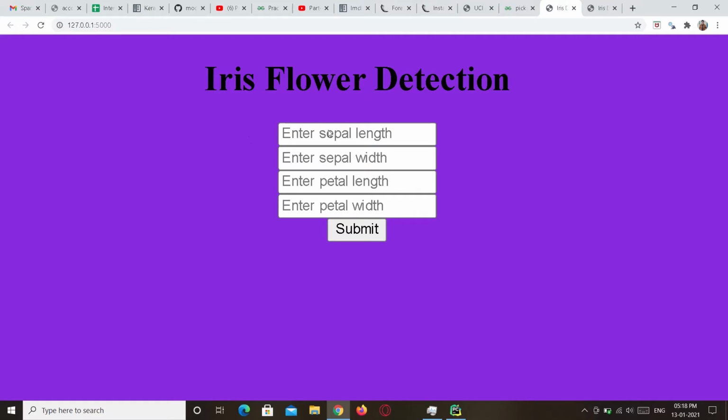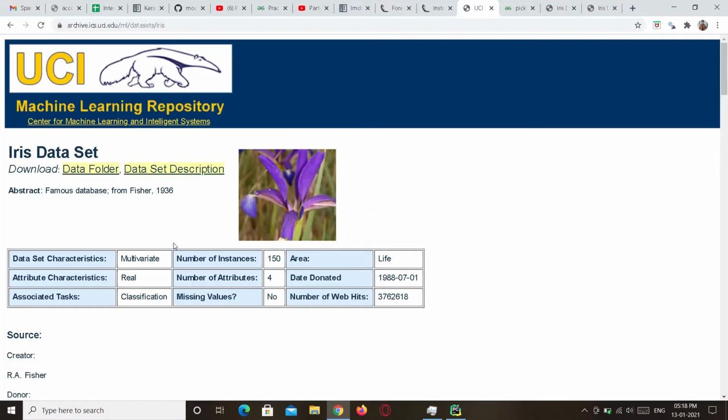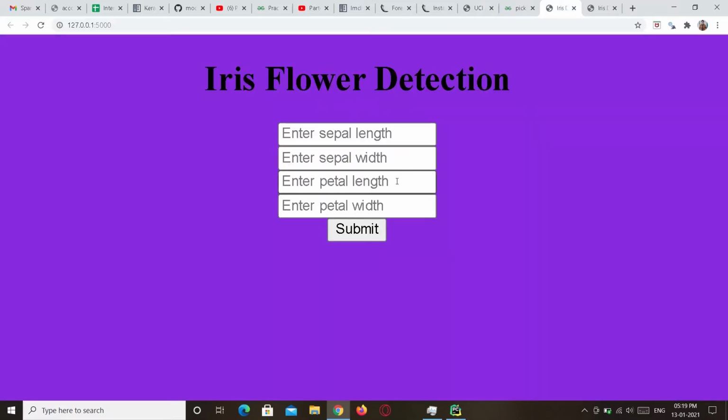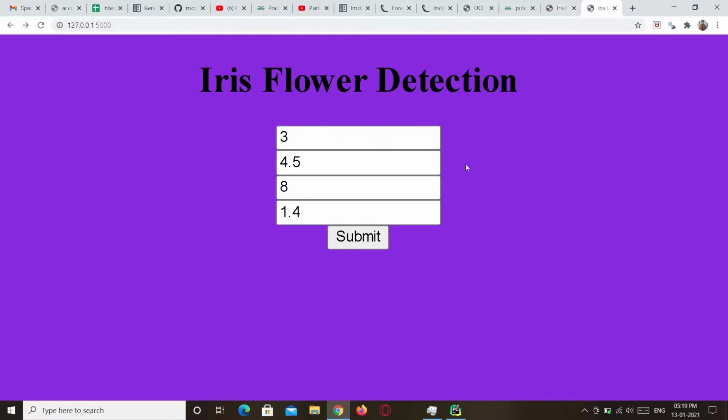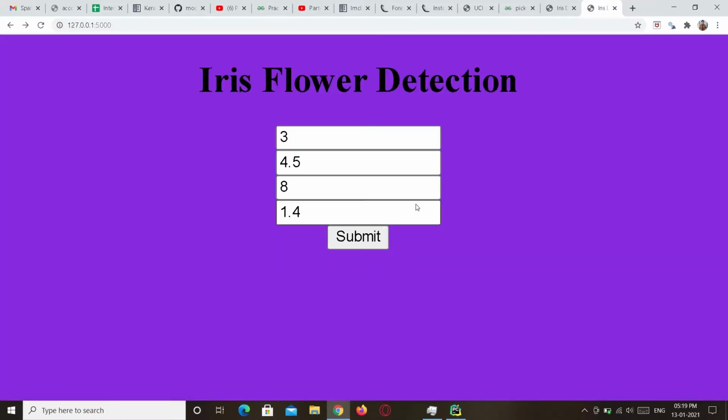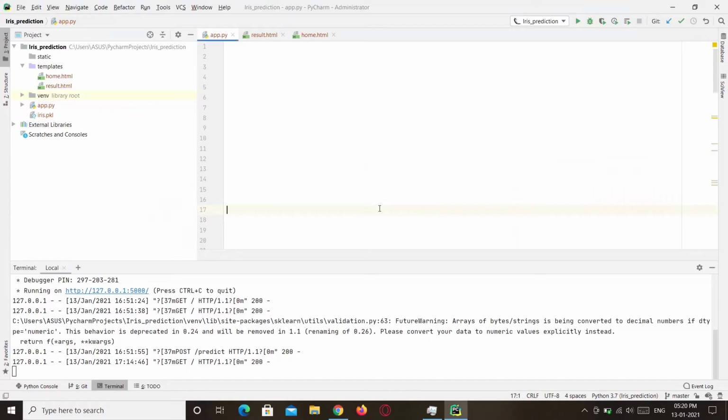In this video, we'll be using the Iris Flower dataset to demonstrate the basics of Flask. The Iris dataset can be seen here. It has 4 input values, the sepal length, sepal width, petal length and petal width, and the output is basically 3 classes. We'll be taking these input values from the user, and when the model is trained, we'll get the following output. Now let's see how to do this in a Python project using Flask. We'll be using PyCharm for this process. PyCharm is a very good IDE for running Python projects.